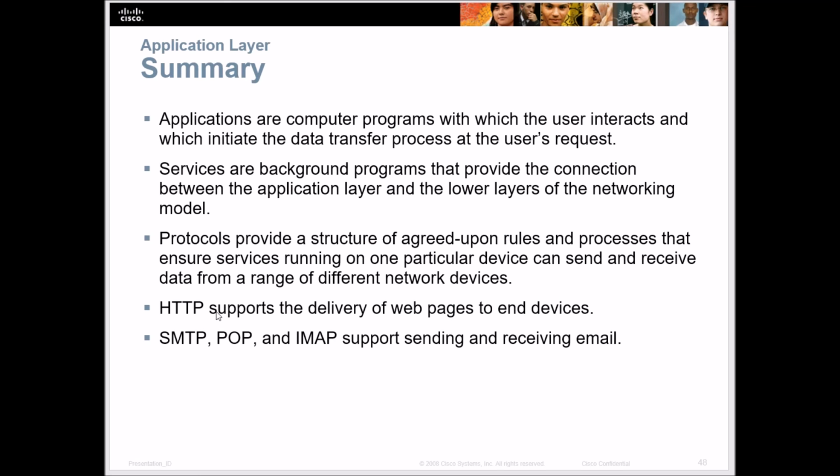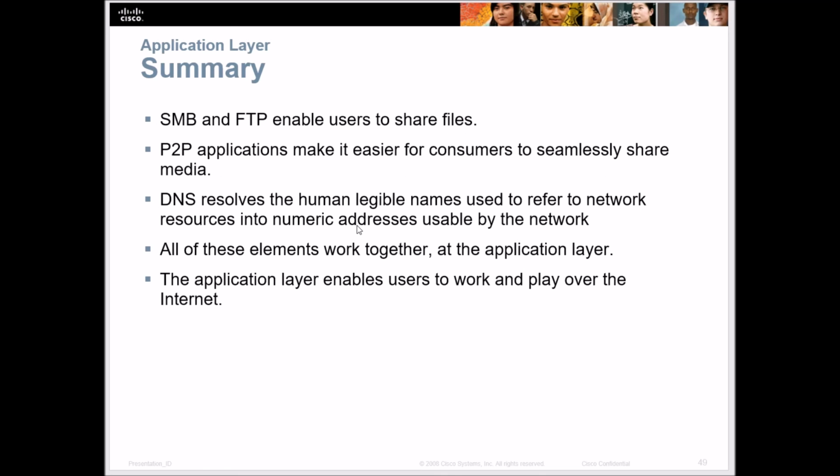Okay, so for this chapter, we looked at services. We looked at protocols such as HTTP, SMTP, POP, IMAP. We looked at point-to-point applications, DNS, and then when all of those elements work together at the application layer on the TCP/IP model, those all work together to be able to send information, whether we're using the OSI model or the TCP/IP model. Those protocols work. We can share web pages. We can send print jobs.